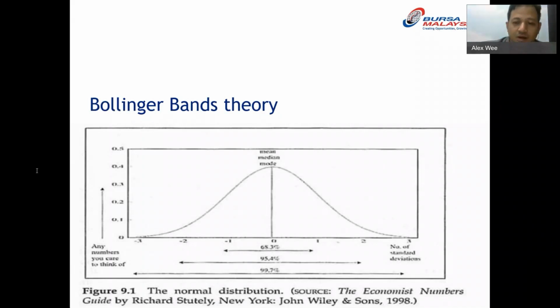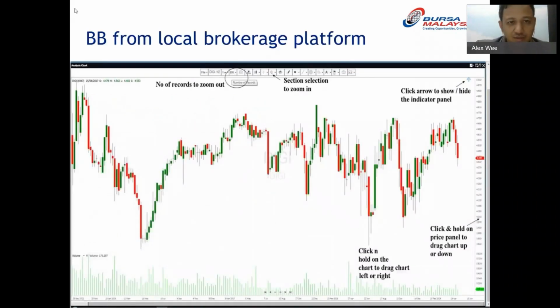So again, same as ATR. These are 2 very popular indicators, available in every single local broker platform. Like if you're using TC Pro in your bank brokers, you will definitely get these 2 indicators. I'm just going to show you where these indicators are. There you go, they are here.